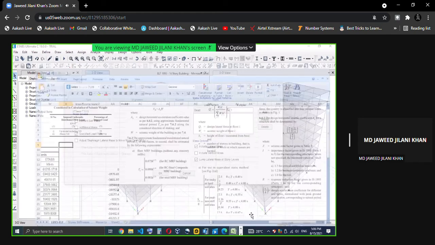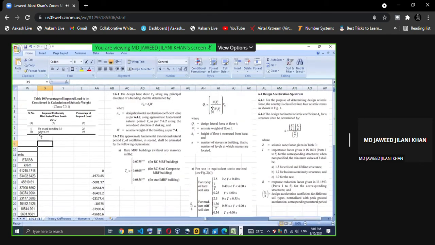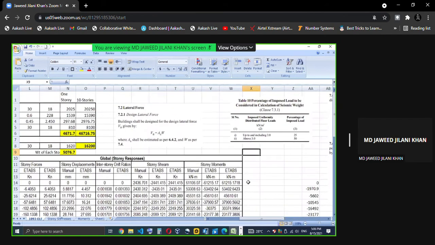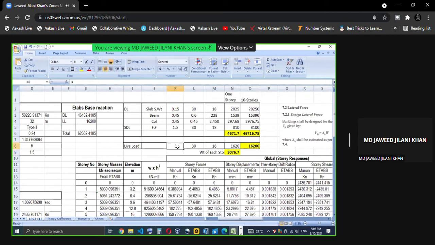Code says that the mass should be how much? Mass should be 100% of dead load, and for live load it is either 25% or 50%. Up to and including 3, the live load consideration should be 25%. If the live load is greater than 3, it should be 50%. Our live load, you have seen here, we have given as 3 kN per meter square.